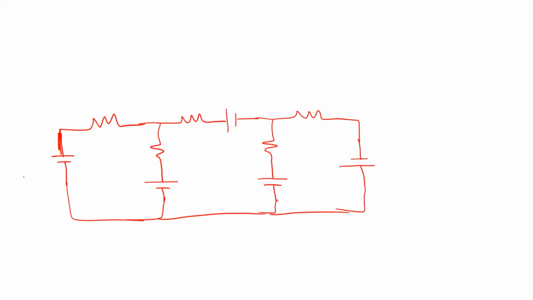So this is 42 volts, right? And this is 3 ohm. This is 25 volts. And this is 4 ohm. And this is 5 ohm. And this is 57 volts. And this is 6 ohm. And this is 70 volts. This is 7 ohm. And next we have this 4 volts.